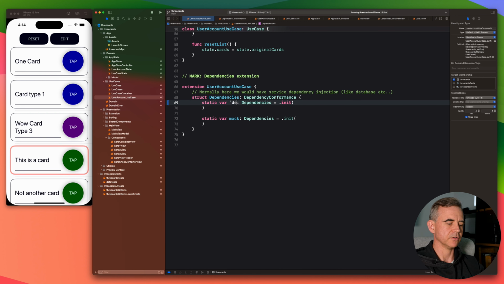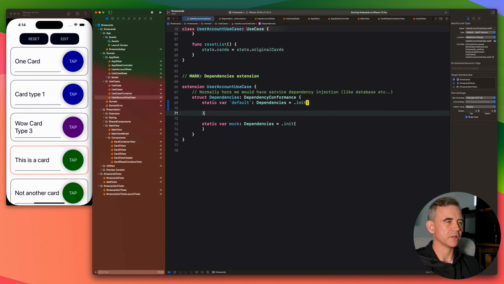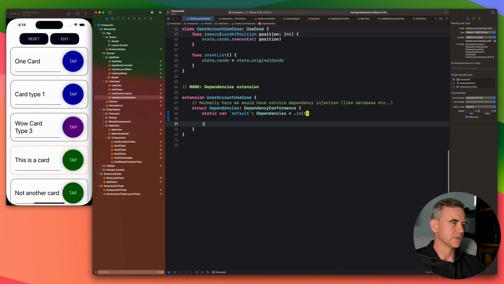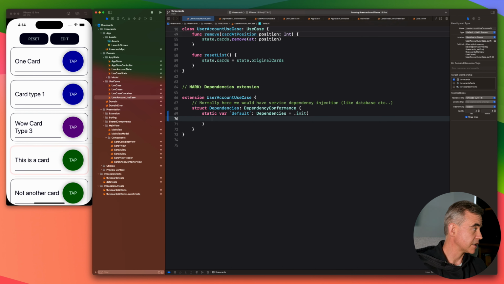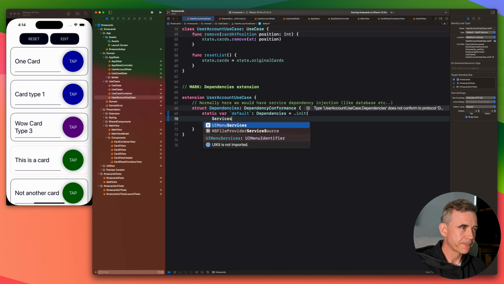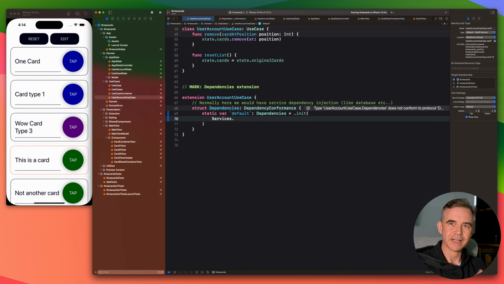So we'll have a default set of dependencies, and we'll have a service here. Let's start with how we want it to look. We essentially want to go service, so let's see, service provider. We'll go services, and we'll have a static call for the services for the instance here,